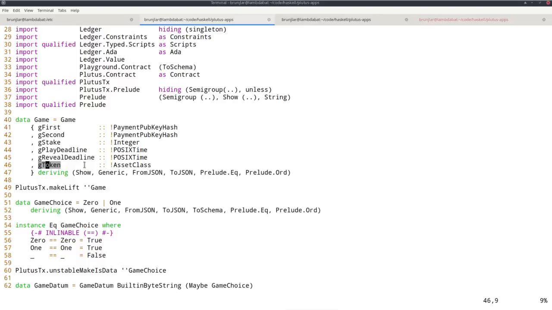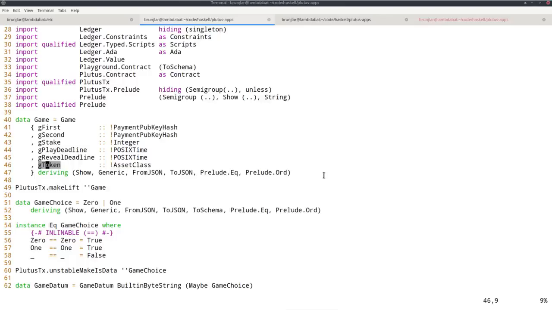the right UTXO. And that's why I need this last field here, the token. So that will be the asset class of the NFT that we use to identify the correct UTXO. So sometimes that's also called a stake token if an NFT is used for this reason. There's an additional reason, maybe even more important than just linking old and new state together, namely that on Cardano,